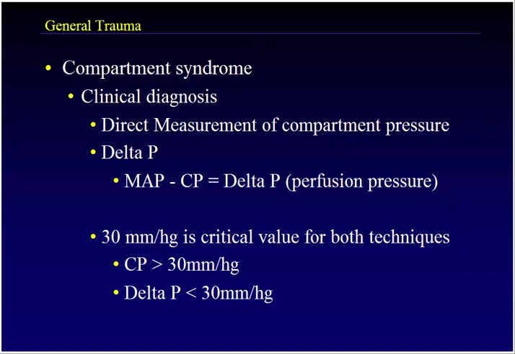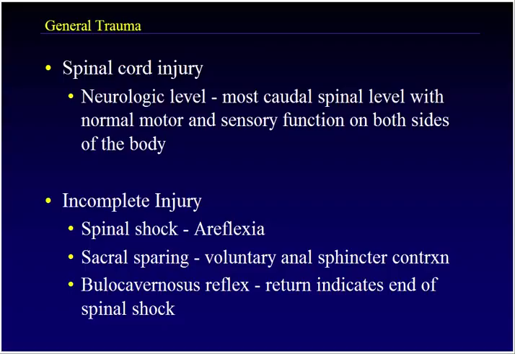And 30 millimeters is kind of the thing that you can hang your hat on. If the delta P is less than 30, the patient has a compartment syndrome. Also, if the absolute compartment pressure measurement is greater than 30, then you really have to be concerned about compartment syndrome in that patient. Now, we're going to talk a little bit about spinal cord injuries, and I think this